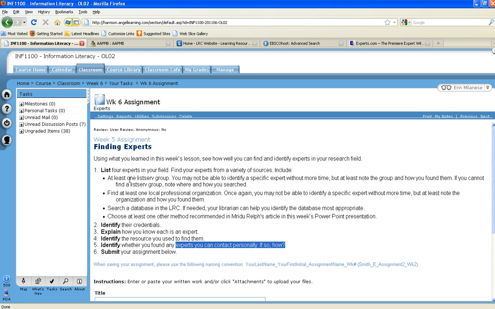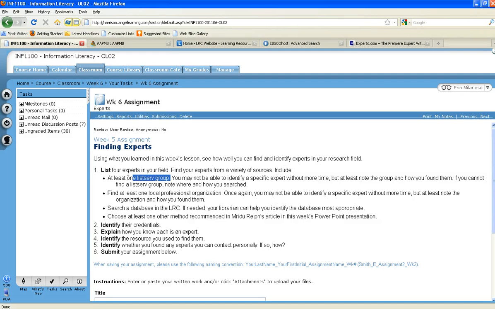The first type of expert you need to find is a listserv. A listserv is an email list that sends out updates. Have you ever bought something at the mall and been asked for your email address and then begun receiving coupons and sale notices from that store? That's kind of like being on a listserv. Now you just need to find one that relates to your future career.